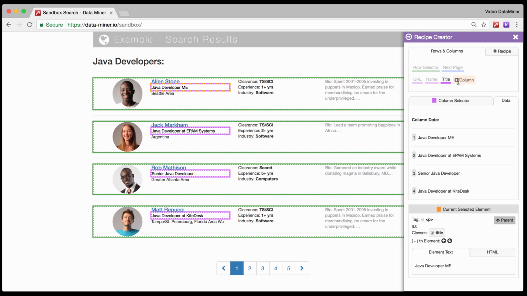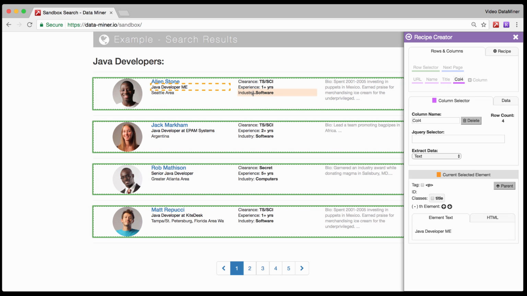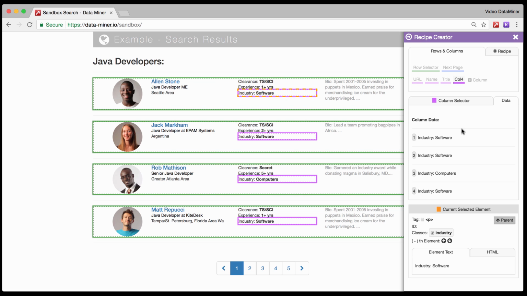Now I'm going to go into something a little bit more complicated. So let's say you want to capture industry. So go ahead and hover and shift and click industry. Looking at the data, you can now see that we actually have the word industry as part of it, which